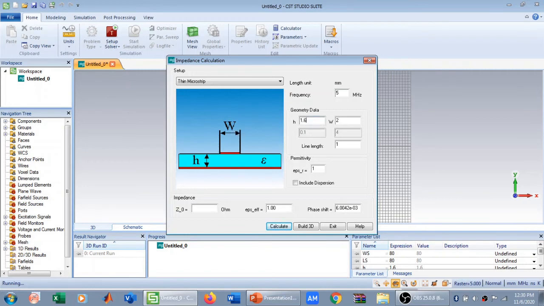So my height of substrate was 1.6. My relative permittivity is 4.3, and my frequency is 1800 megahertz. So I'm going to click on calculate here. So there we go. We need to give it a width of 3.137 by hit and trial method. So when you give it a value of 3.137,